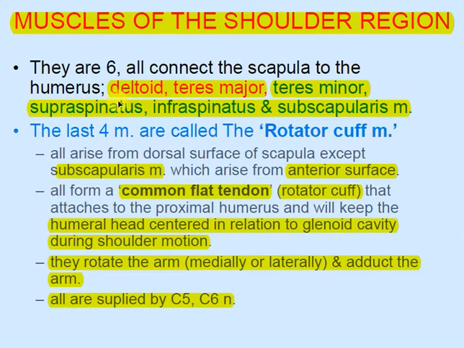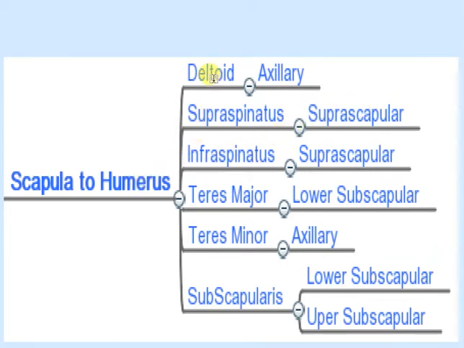You may be asked, perhaps in an MCQ, what the common properties of the rotator cuff muscles are, but actually they do not prefer that. They normally just mention these muscles and then ask you about the rotator cuff muscles. So you are required to know all of these aspects, and later you can gain more knowledge yourself from the questions. From there, as you can see, we have deltoid, supraspinatus, infraspinatus, teres major, teres minor,